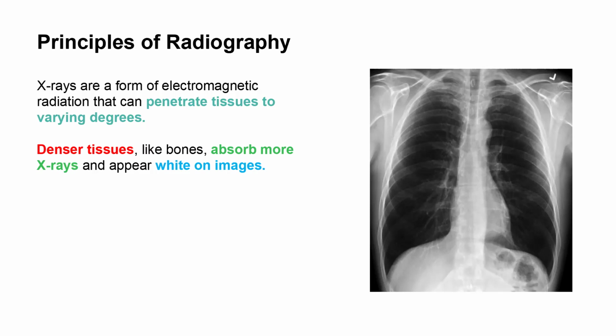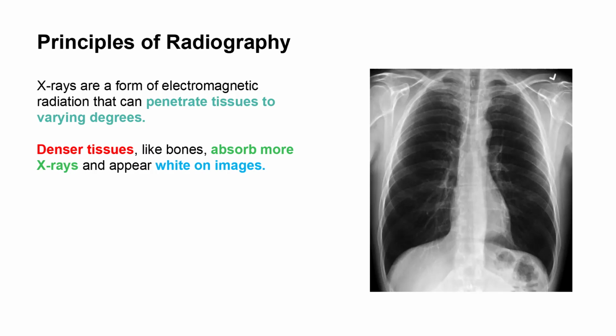So very importantly, you should understand that denser tissues like bones absorb more X-rays and appear white on images. So from these images, you can see that there are white areas. Those white areas mean that they are denser tissues and they absorb more X-rays. That is why they appear